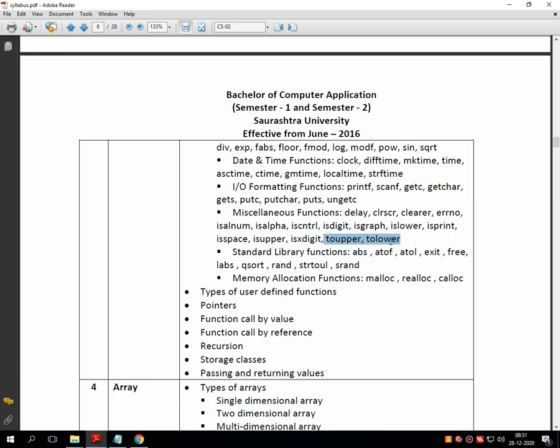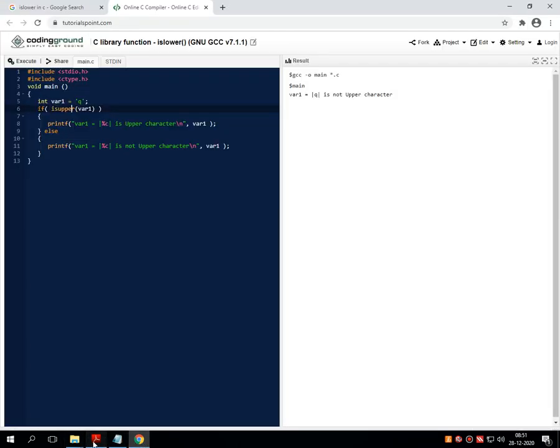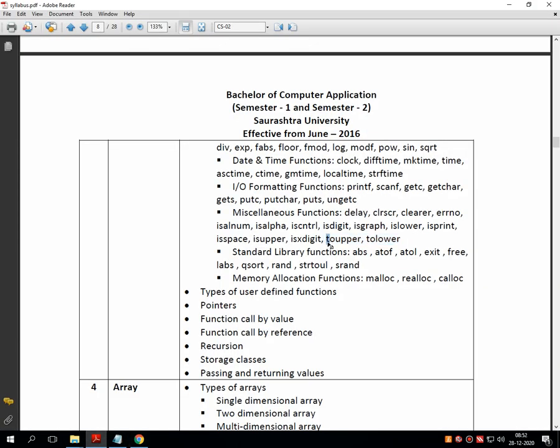These are the conversion functions. Say for example, what is the functionality of toUpper? The toUpper function will convert the entire string from small case to uppercase.